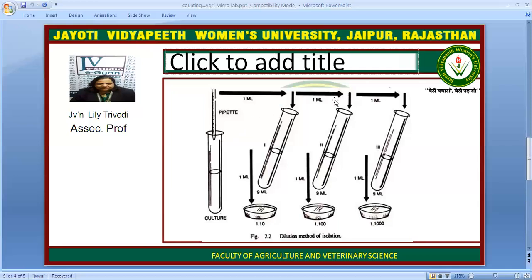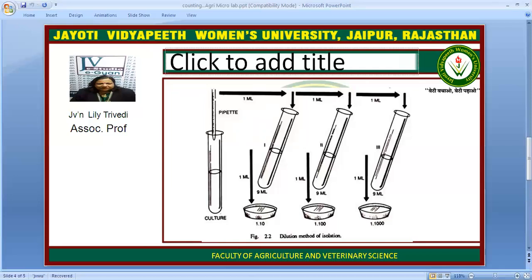Then further we take 1 ml from here and again add it to 9 ml of water, labeling the test tube as 2. This dilution is now 1:100. Further we take it to 1:1000. So we can dilute this accordingly even further. Now from these dilutions we are using 1 ml and pouring it into the agar plates. A very sterile environment has to be maintained over here.